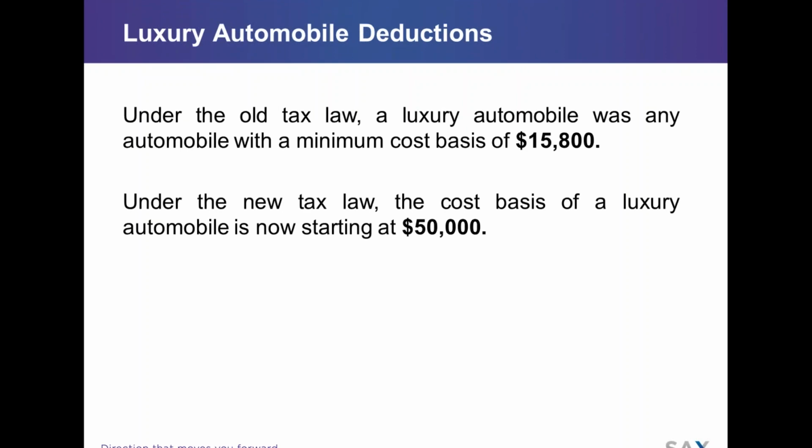So part of the new law, the Tax Reform Act, they changed the definition of what a luxury auto can be. Under the old laws, I would say 99% of cars that were new were considered luxury. Now, under the new law, a luxury car starts at $50,000, which seems like a much more reasonable threshold. So what does that mean now for our cars? If we have a car that's under $50,000, it's not going to be subject to the first year caps that we're going to see on the next slide.